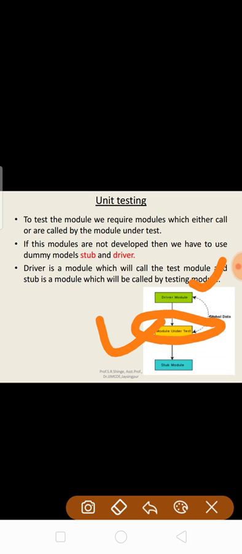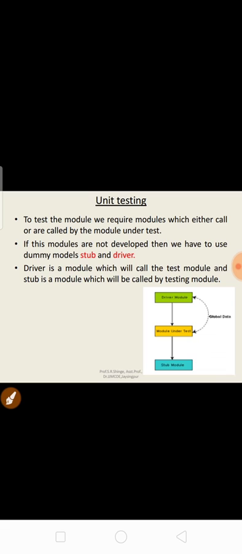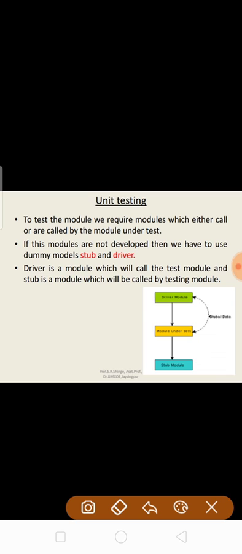This green module will call our test module, and this blue module will be called by our test module. To test our module we require the module which calls our test module, and we also require the module which is called by our module.